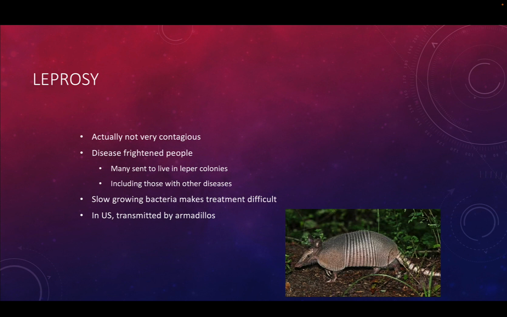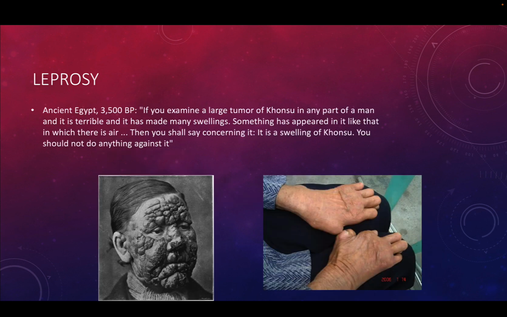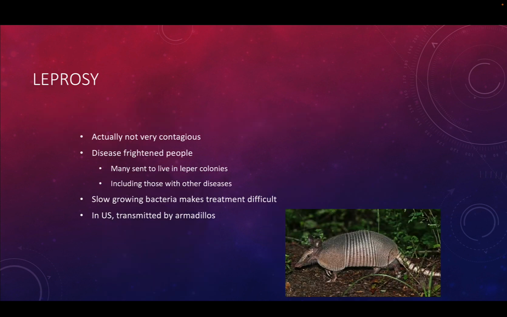It scared people because, again, you can see the deformities that the infection would cause, and those are permanent. So what would happen is that when somebody started experiencing symptoms, they were shipped off to what's called a leper colony. And they were isolated there for the rest of their lives to hopefully prevent the spread of the disease in the rest of the population. And we had at least one leper colony that I know of in the US as well.